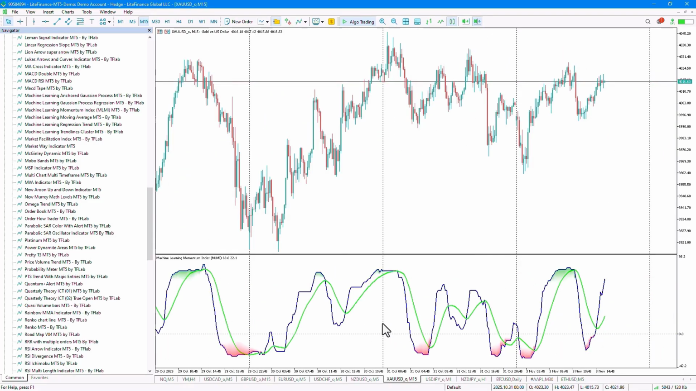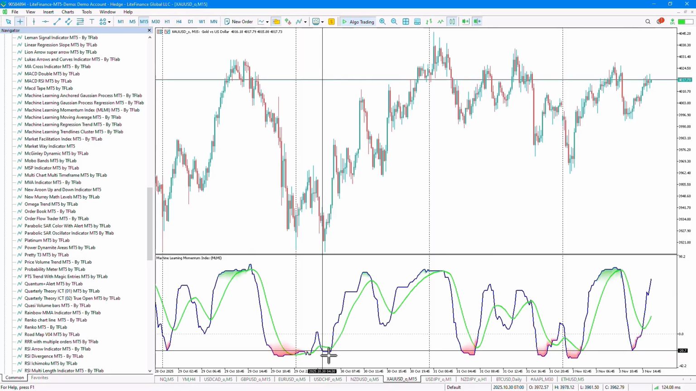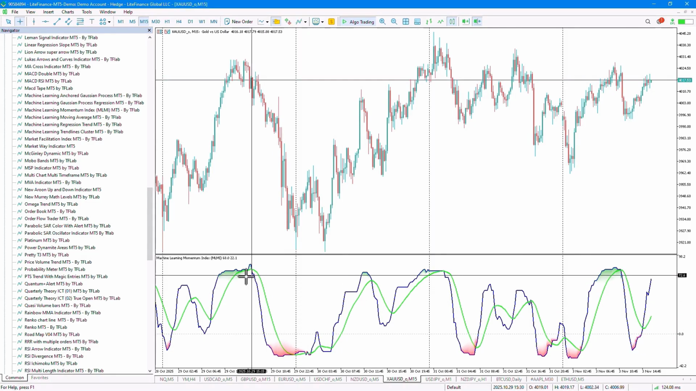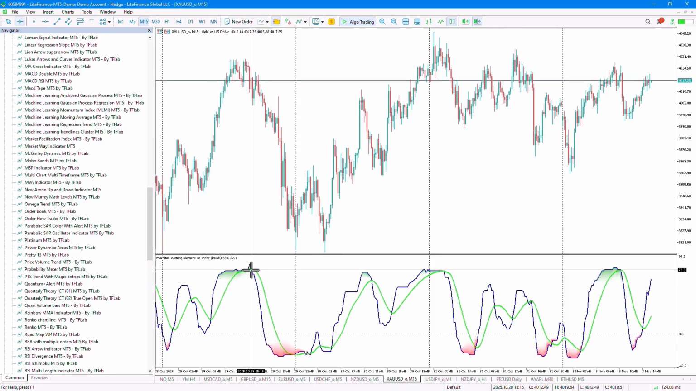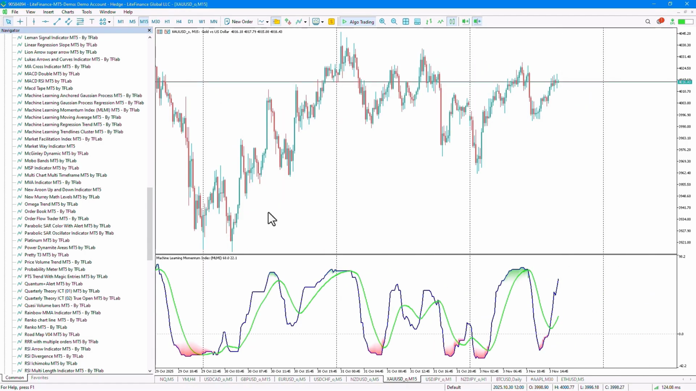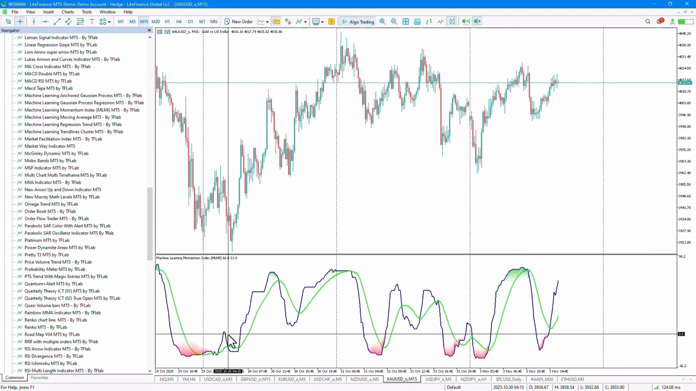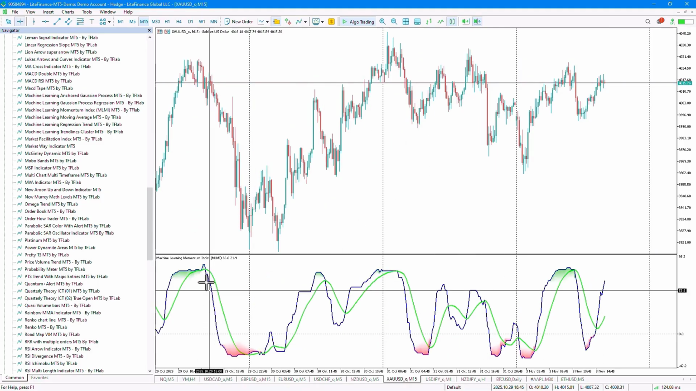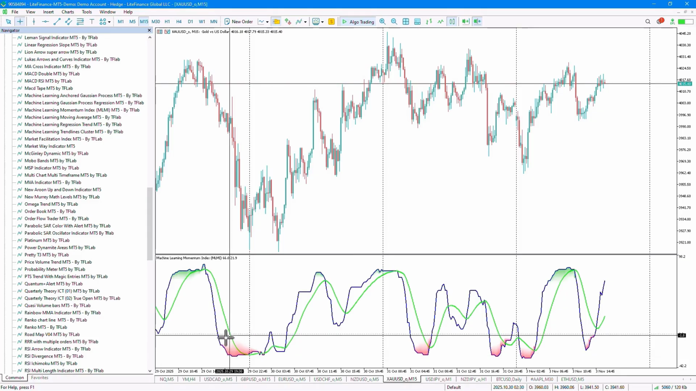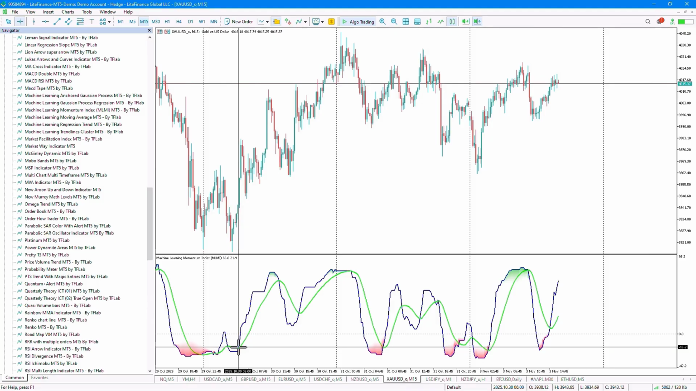Traders can enter a buy position when the blue line crosses above the green line as a buy signal and enter a sell position when the blue line crosses below the green line. However, the best performance and signal accuracy can be achieved when you enter a position in the direction of the main market trend. For example, here the price is making higher highs and higher lows, and when both oscillator lines enter the oversold area and the blue line crosses the green line, we can enter a buy